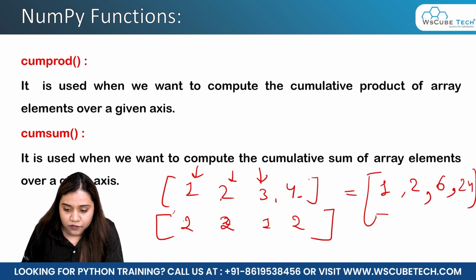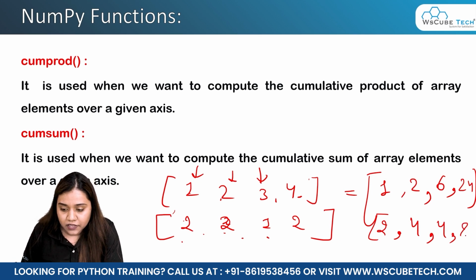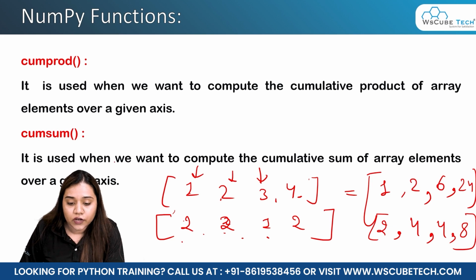And for the second one it will do the same, that the first element would be 2. The second element would be 2 multiplied by 2, that is 4. The third element would be 2 multiplied by 2 multiplied by 1, so that would be again 4, and multiplied by 2 is 8. So this is how we will obtain the output if we go horizontally, and if we